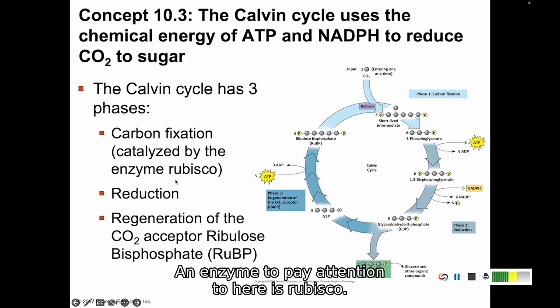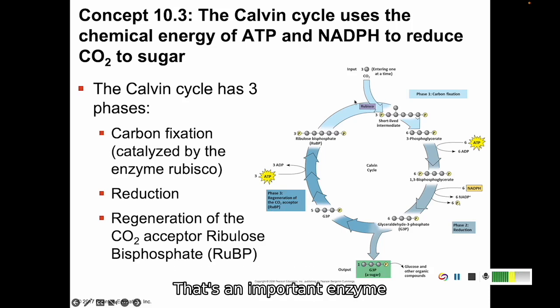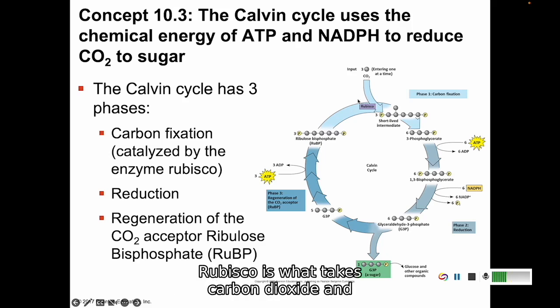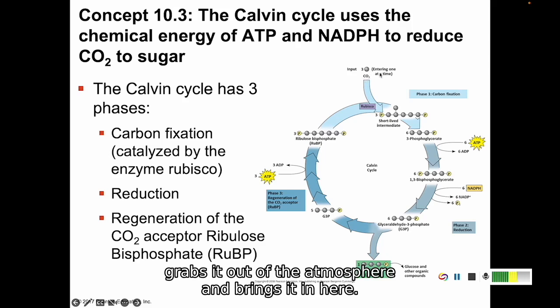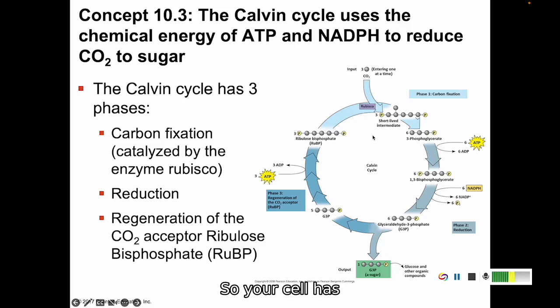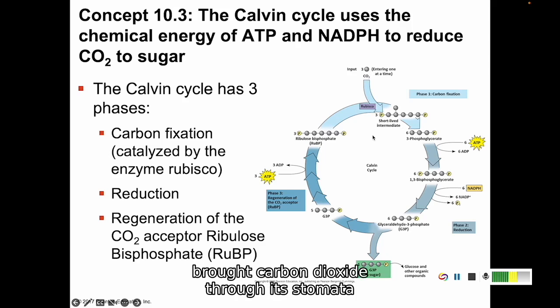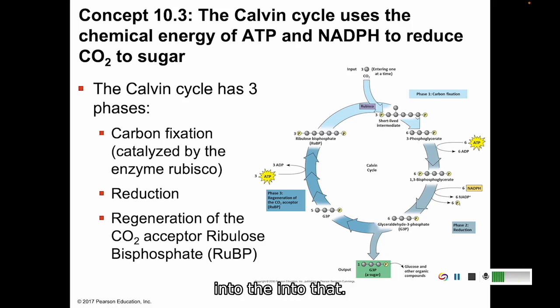An enzyme to pay attention to here is Rubisco. That's an important enzyme. We'll talk about it a little bit more. Rubisco is what takes carbon dioxide and grabs it out of the atmosphere and brings it in here. So your cell has brought carbon dioxide through its stomata into the